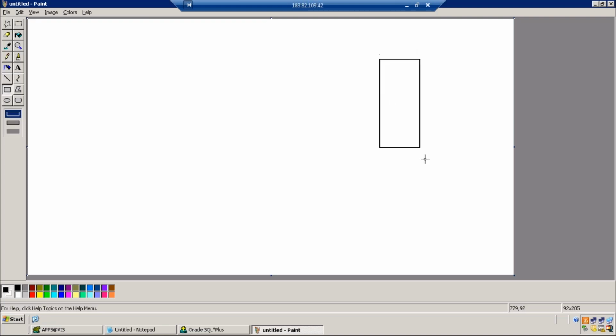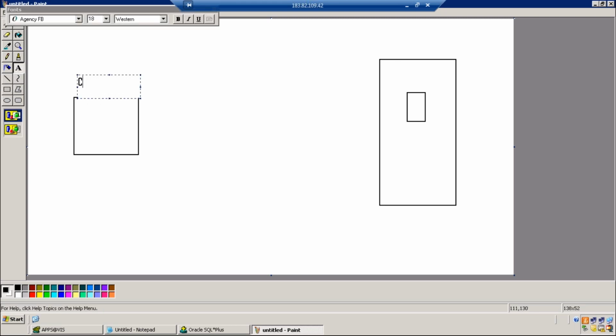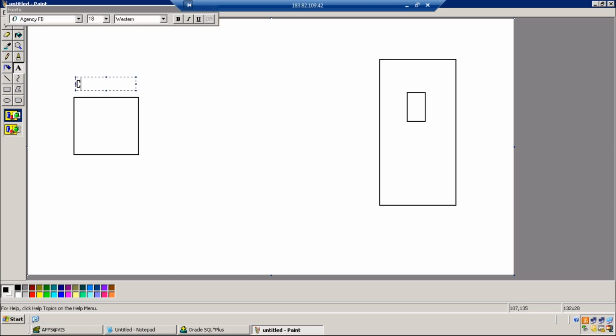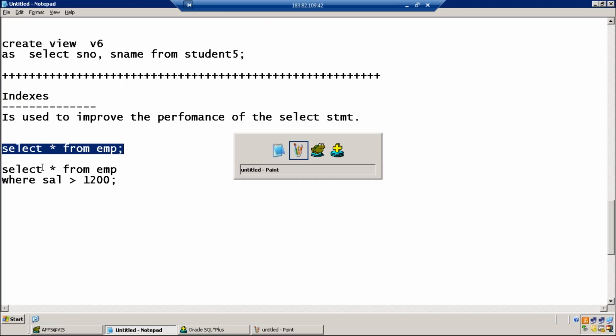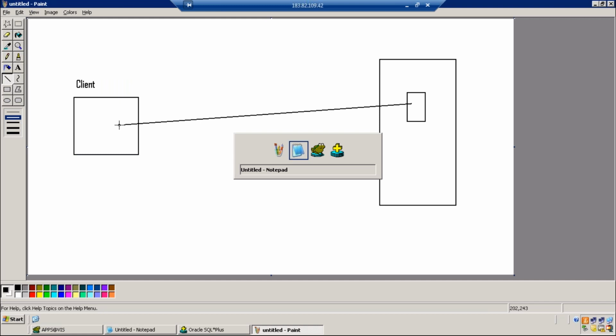This is the database server and we have the employee table, and this is the client machine. In the first query, select star from EMP, whatever the data is there is directly pulled and displayed on the client machine.